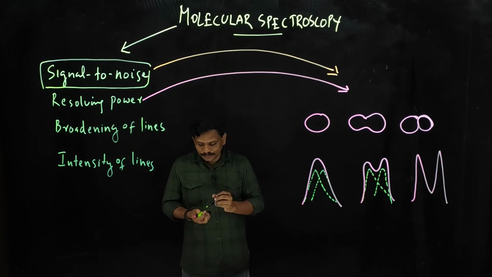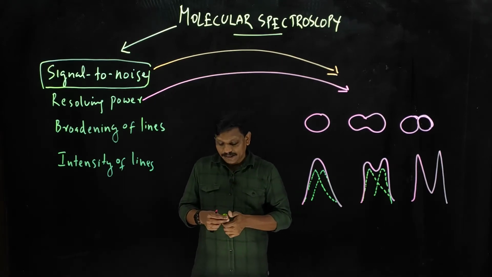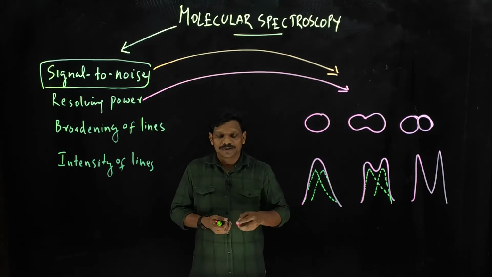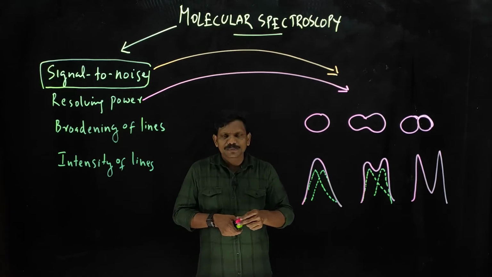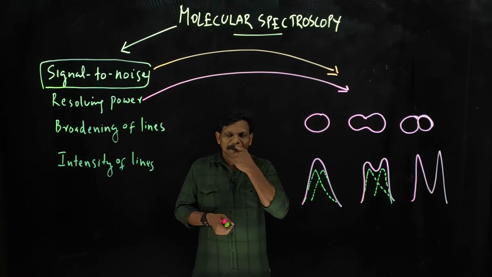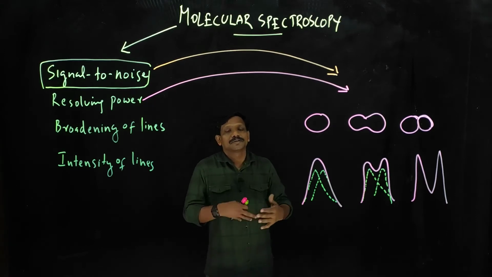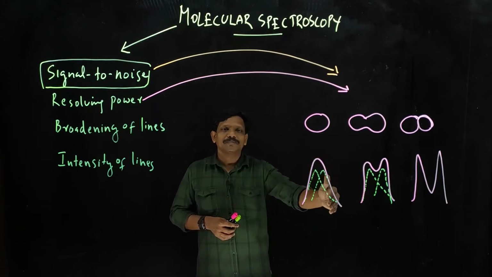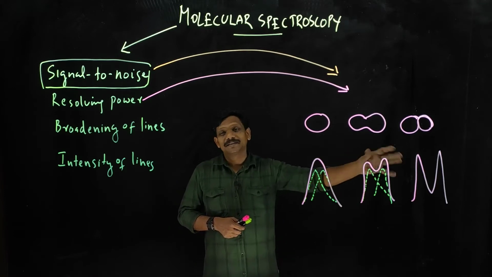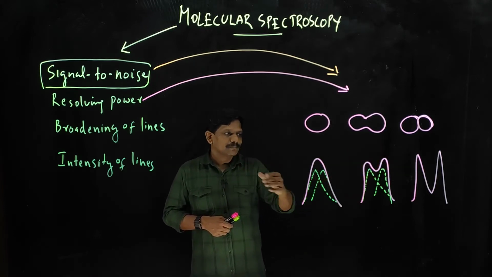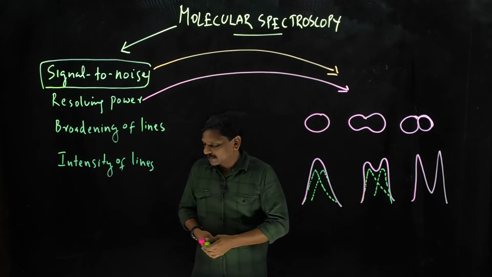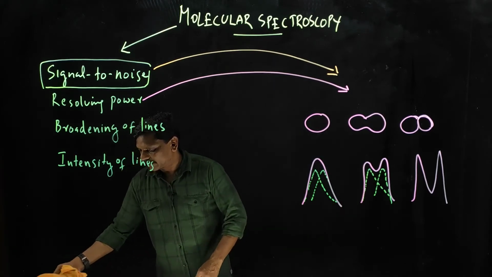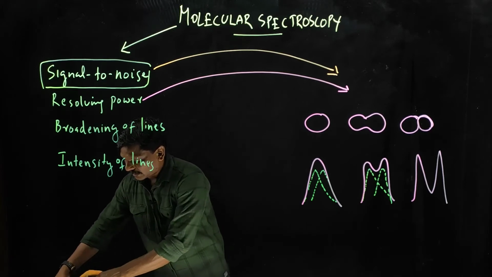You know that in the case of NMR, nuclear magnetic resonance spectroscopy, there are high resolution and low resolution. A low resolution instrument you will get for a small price, but a higher resolution one may cost a huge price. Low resolution means you will simply get one peak. The peak splitting you will not get. That means splitting you can expect in a high resolution spectrum. So that's about the resolution.